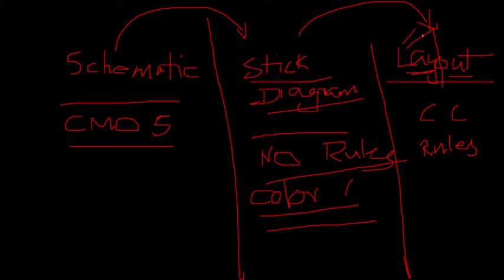By making the stick diagram properly, you will also come to know what the proper connections can be, like which terminal should be connected to VDD or ground. All these things can be clarified while making the stick diagram. So this is the proper way to follow. First of all, you make the schematic, that is your CMOS structure. Then the stick diagram, in which color coding will be there but no rules regarding the dimensions. And layout is where you lay out your design on the chip, and it will be in the form of rectangular boxes because it follows the dimension rules, and the color coding will also be there.